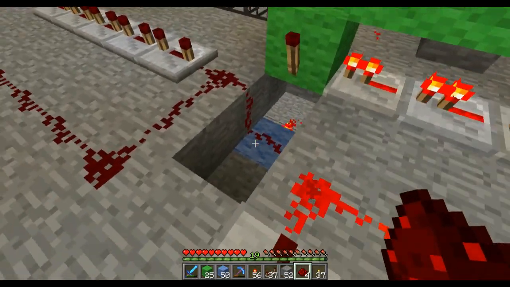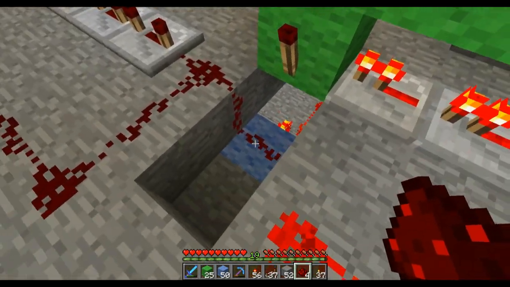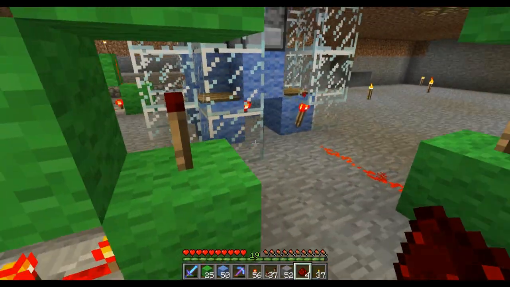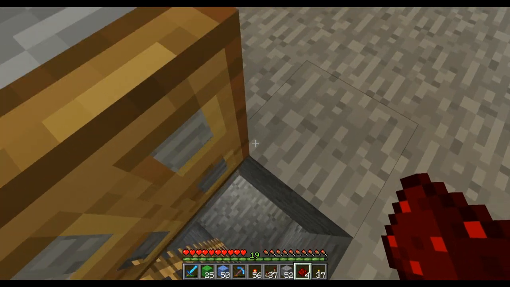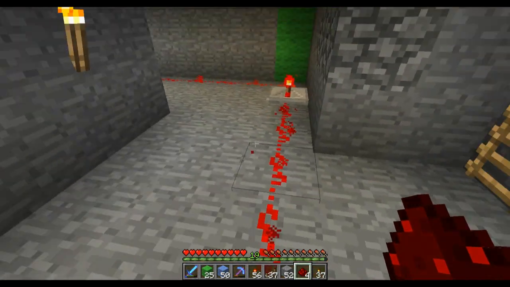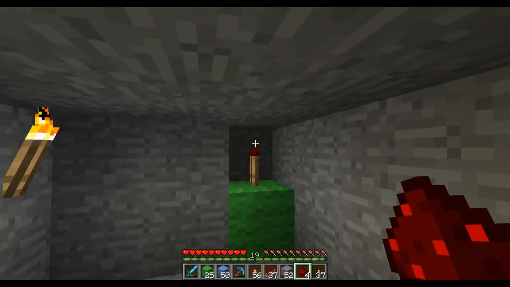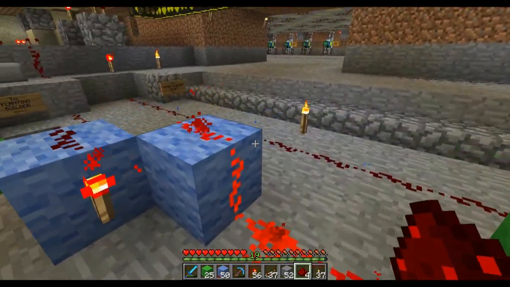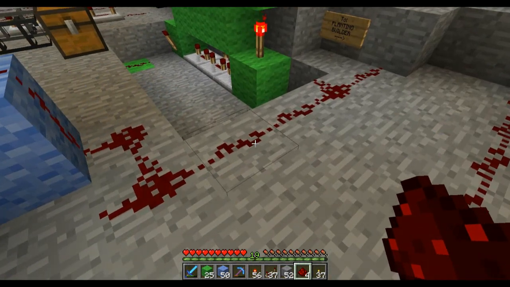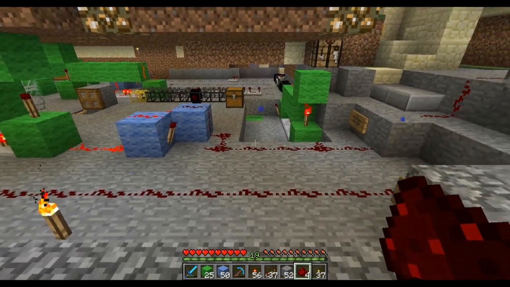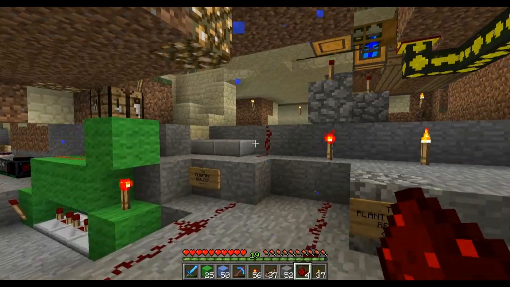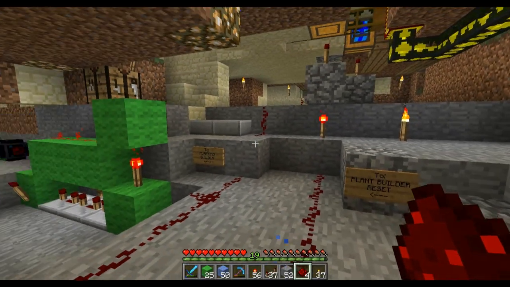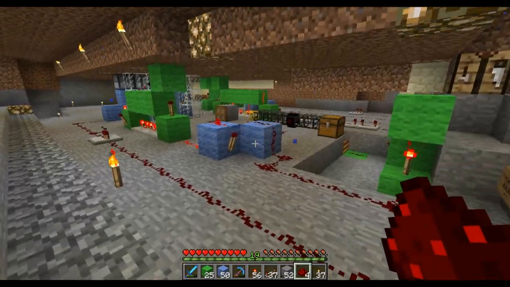Oh, wait. And then the second part of the signal from the edge trigger is actually going down there. It turns off this torch, and we can get down there into the sub-basement area. Because this wire goes all the way down to this torch, it'll end up turning on that torch, and that torch is right below this block right here. And this block is the set Q1 line for the planting builder once again. So again, I don't have the planter hooked up right now, but the reset function is actually.